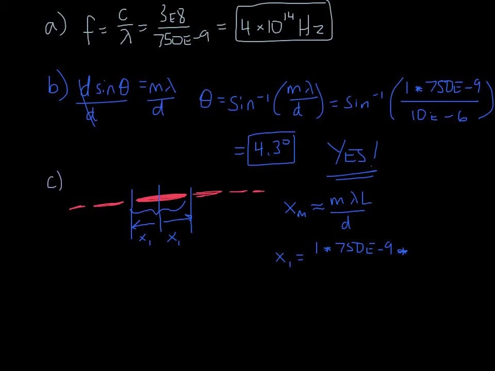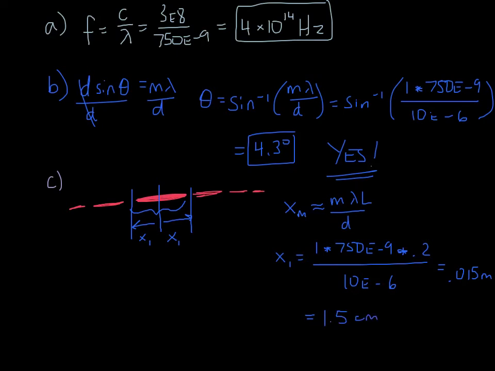which is 20 centimeters. 20 centimeters is 0.2 meters. Remember, we want to put everything in standard units, divided by the d, the width of the slit, which we said was 10 to the negative 6. So that gives you an answer, when you plug all that in, of 0.015 meters. To put it in slightly better units, we'll move the decimal 2 places over and say it's 1.5